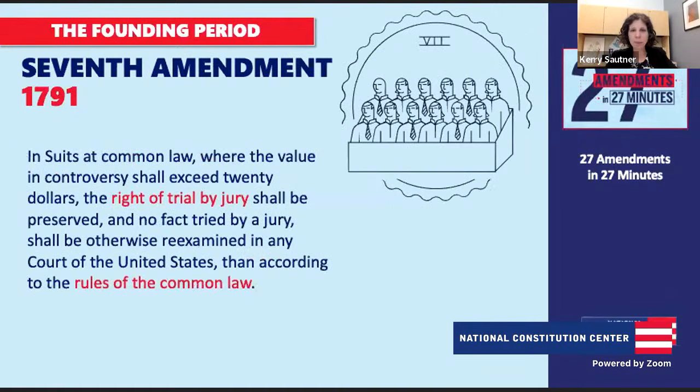Awesome. Now we jump into the Seventh Amendment that talks about rules of common law and the right of a trial by jury. Yeah, so the Seventh Amendment responds to one of the anti-federalists' main concerns, which is that the national government wasn't forced to hold jury trials in what are called civil cases. So this is just the right to a jury trial in certain non-criminal cases. That's what they mean by civil cases, non-criminal cases. So it's, again, a broader expansion of the right to a jury trial.